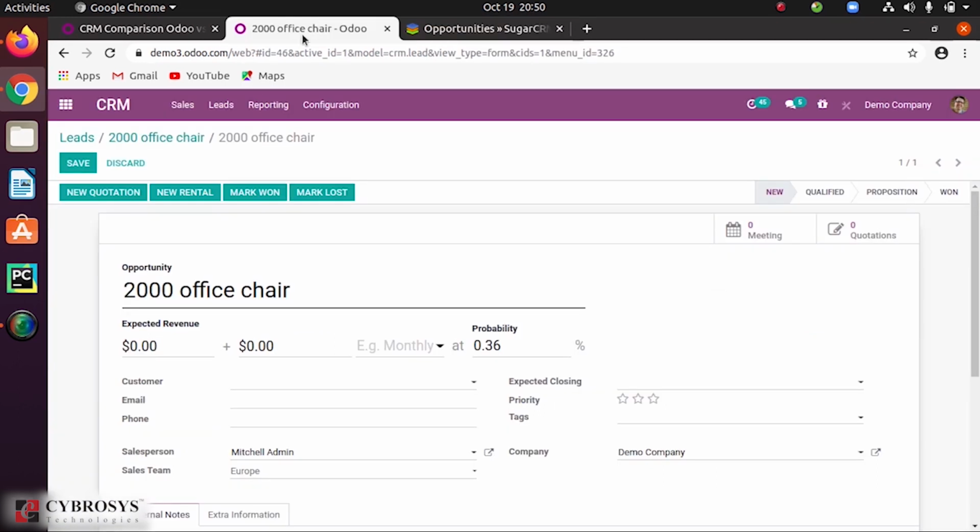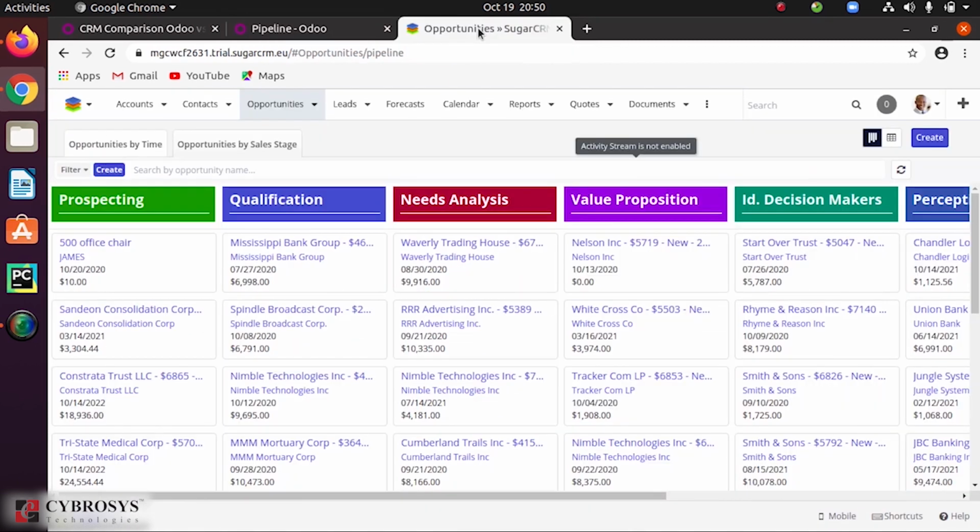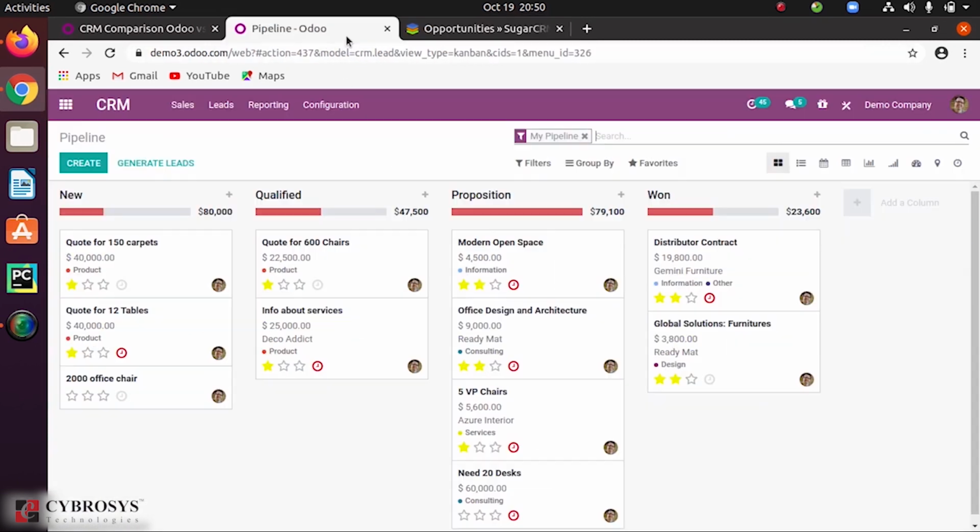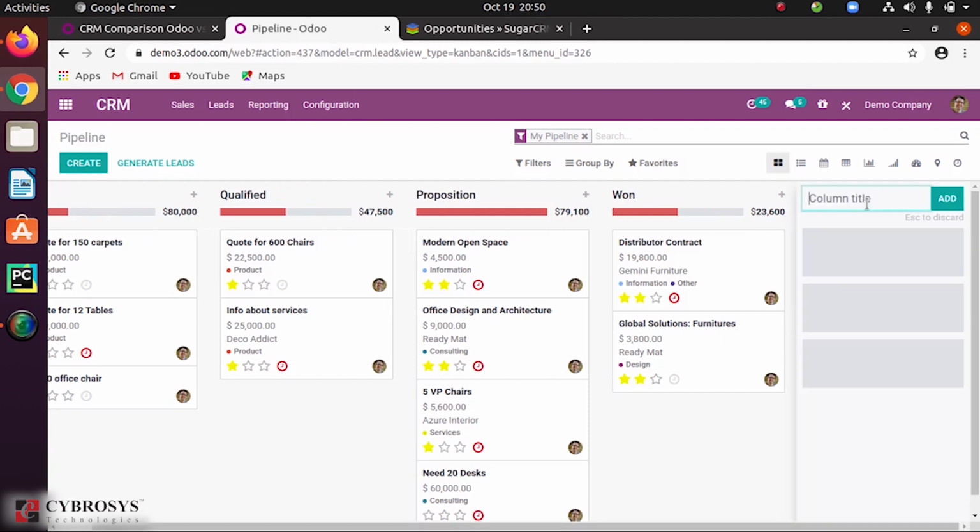So similarly in case of Odoo itself, if you are going into my pipeline options, in the pipeline you would be able to see all the opportunities over here. So similarly as in Sugar CRM you can see different stages, in Odoo CRM also we have different stages, and you can also create new stages from here itself.